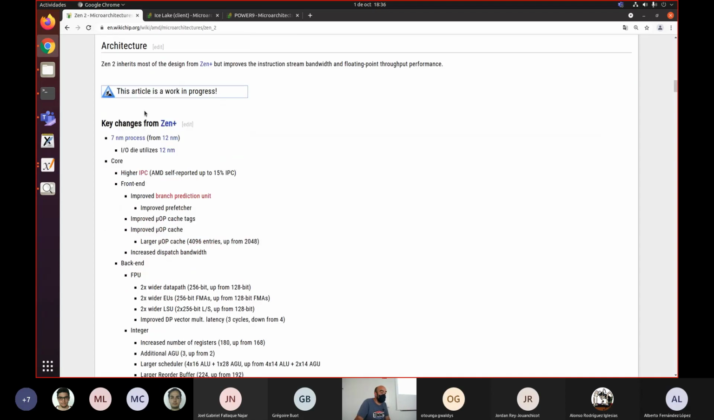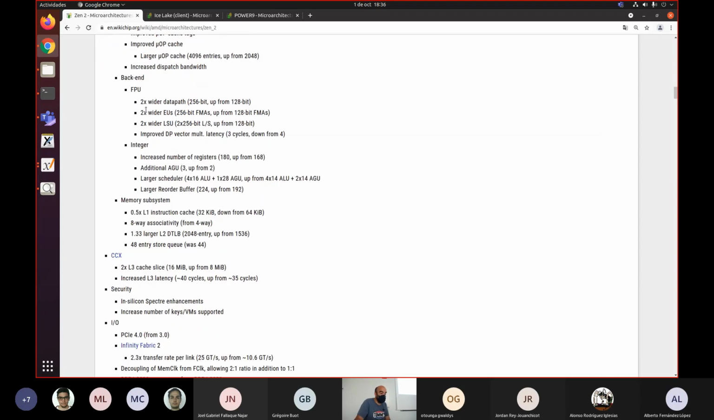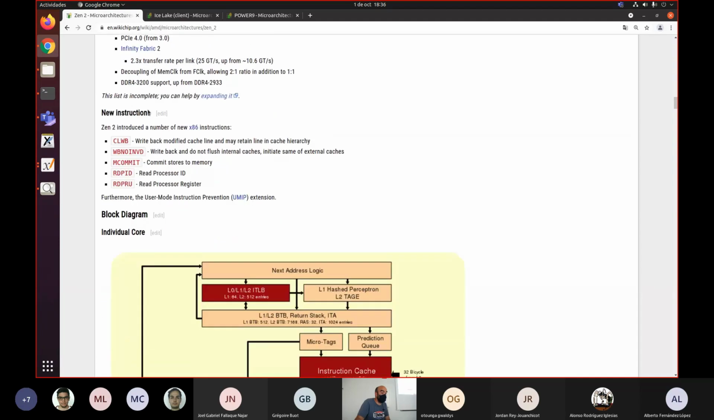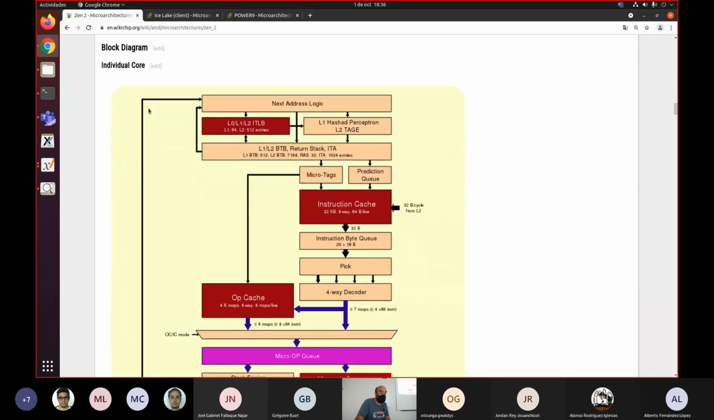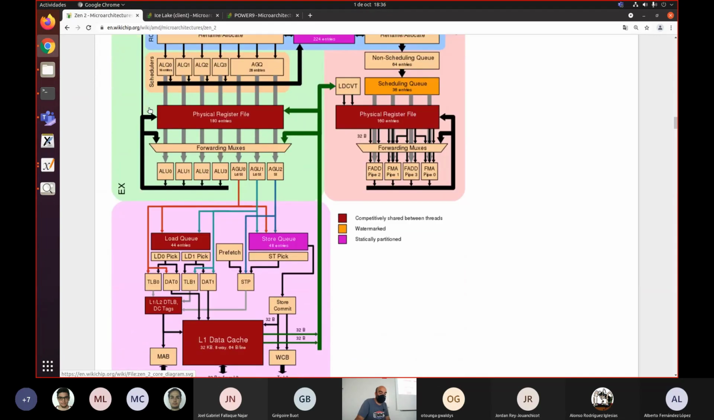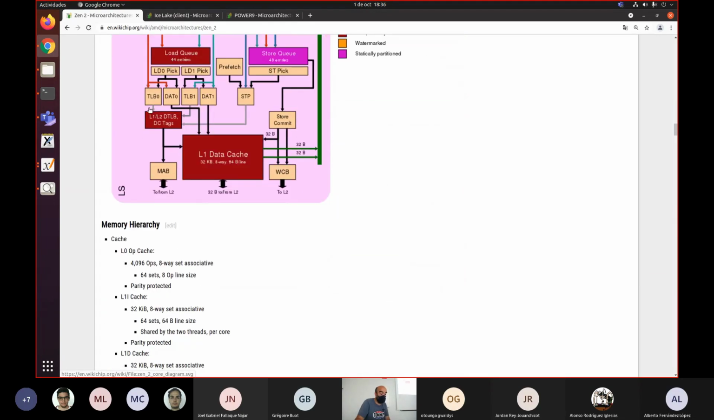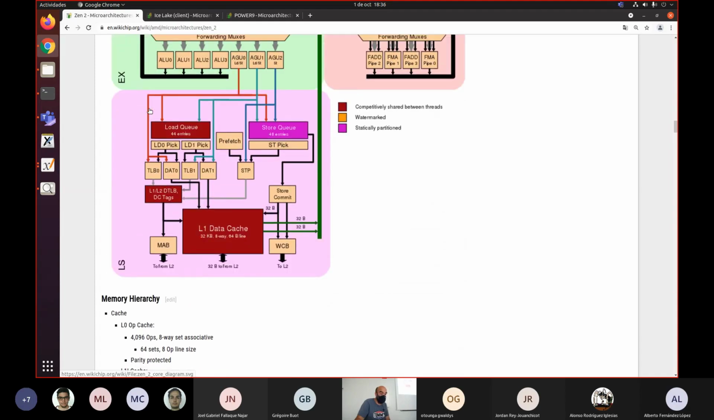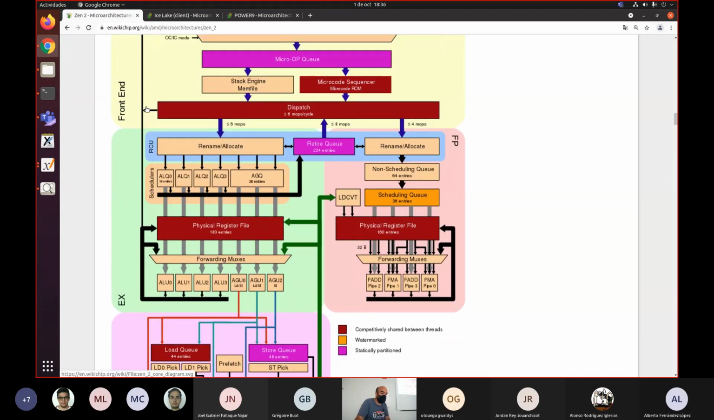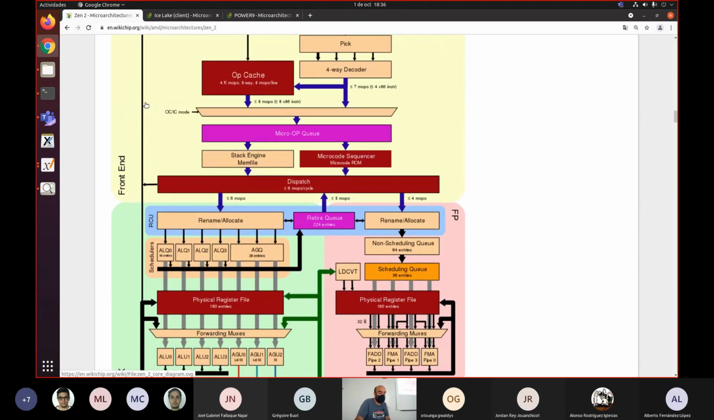LLVM. Okay, so you have the characteristics of the functional units, and then you have this monster illustration of the pipeline of a single core, which in this case is very detailed. And you can see here that as it is superscalar, you can identify which components are necessary in order to